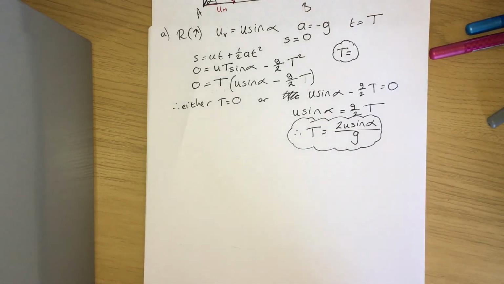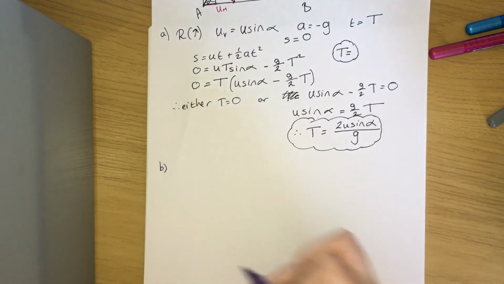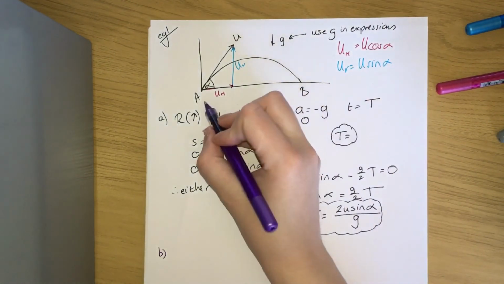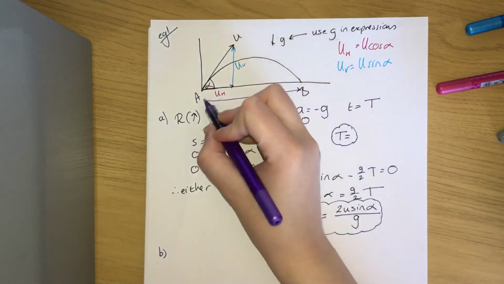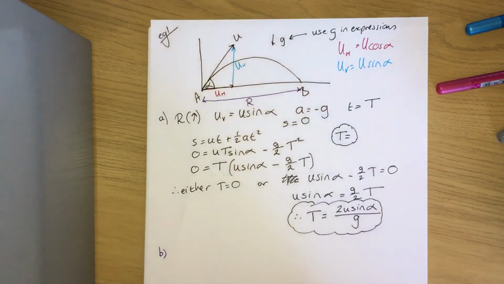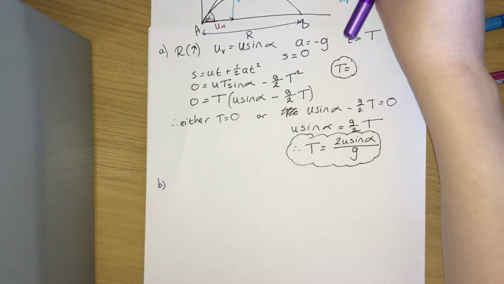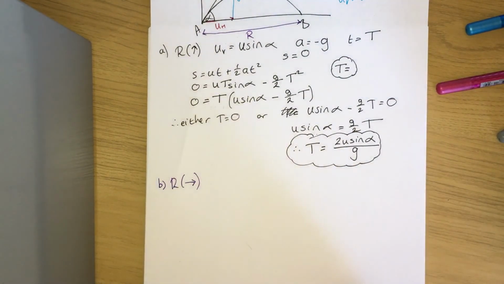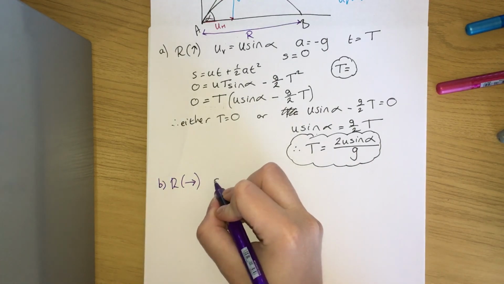Okay, part B, which I do in different colours so it's easier to see, is finding the range on the horizontal plane. Even though it's in the diagram, let's say it wasn't. A reminder that the range is the horizontal displacement. So obviously we've got to resolve horizontally. So what I know is that the displacement